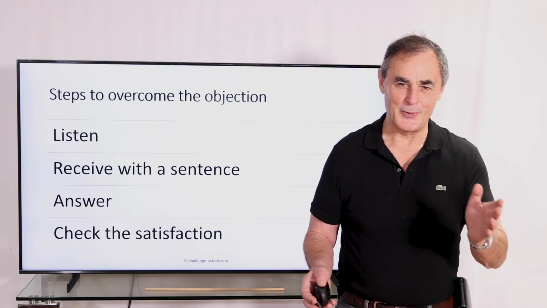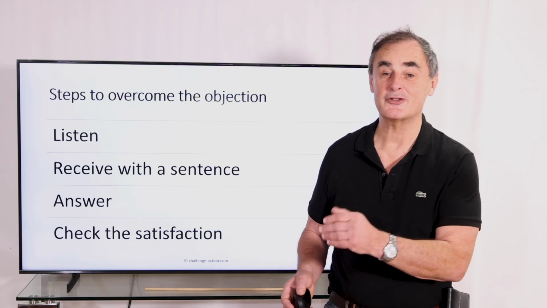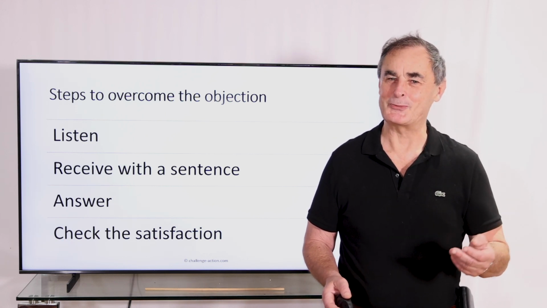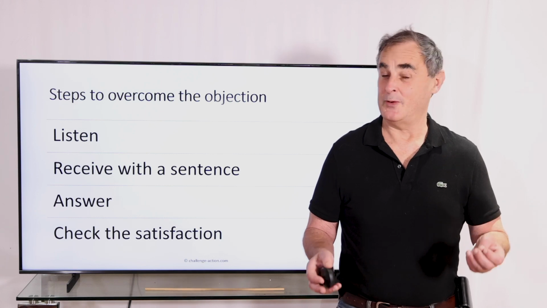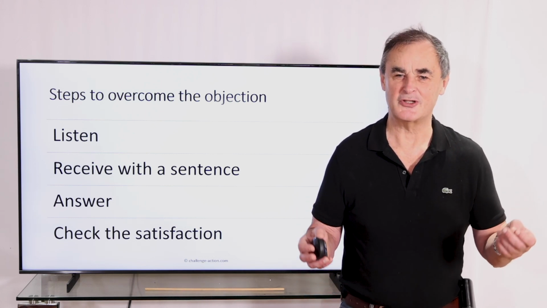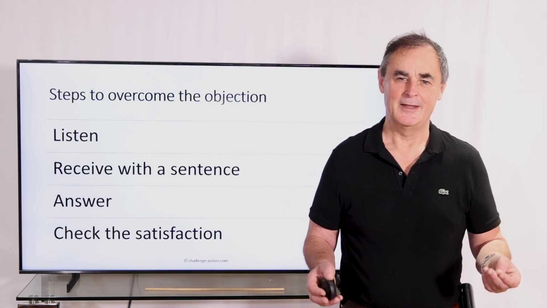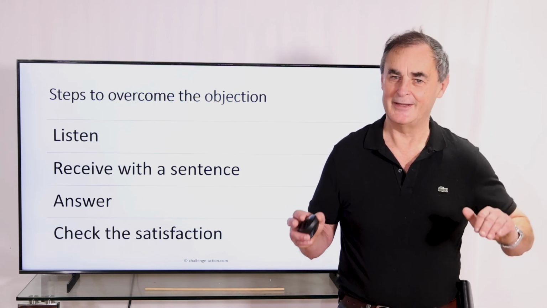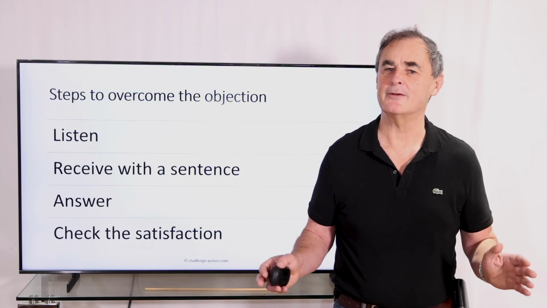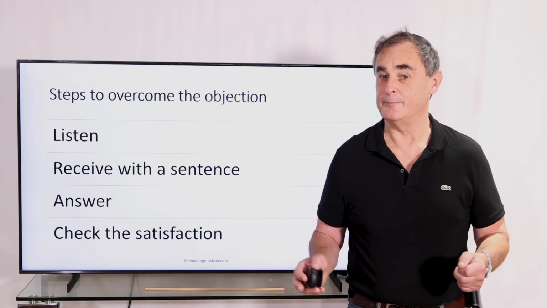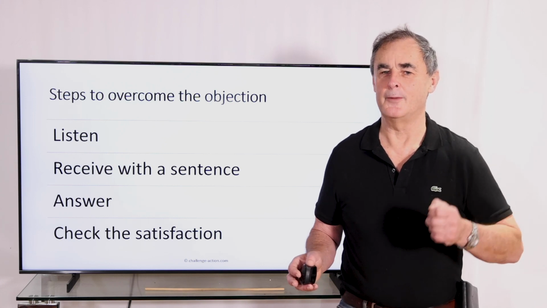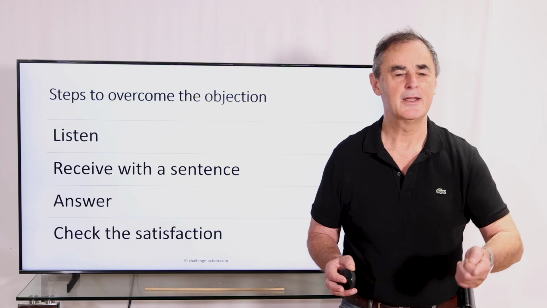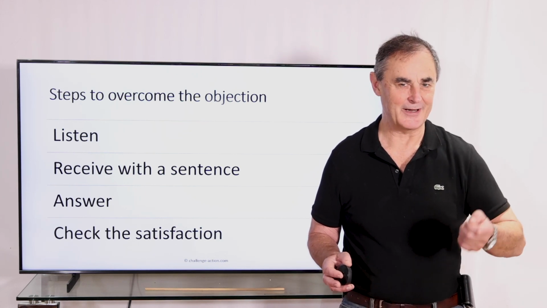Now, we are going to see that there are different kinds of objections, and that there are techniques to answer these objections. But what you have to remember is that an objection is not always a bad sign. Very often, the customer wants to be sure that he doesn't make a mistake by buying something, because he's spending a lot of money for it, and he gives you objections just to make sure he doesn't make a mistake. And if you answer properly, that's going to help you more than anything else.